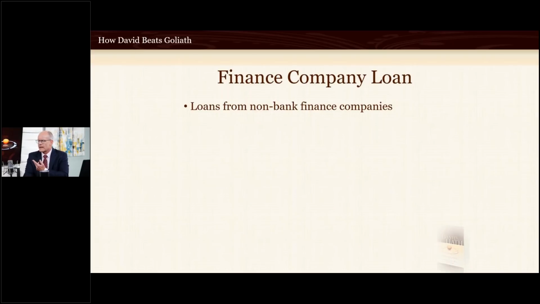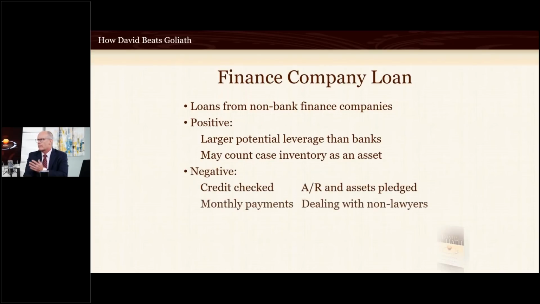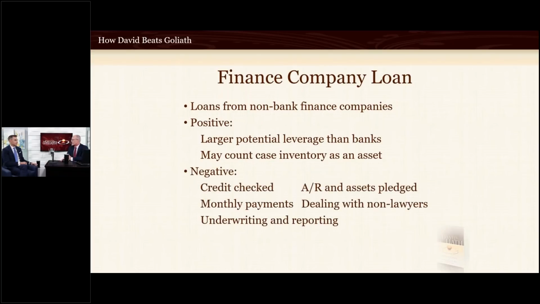All right, next would be finance company loans. As you and I know, there are capital constraints for contingent fee law firms generally. So, for example, I'm one of the owners of Advocate. If I want to grow my law firm even faster, I can go out and sell stock for growth capital, have investors that will share pro rata in profits and losses with the investment. But that's not available for law firms, right? Only a lawyer can own equity in a law firm. So that's one of the challenges lawyers face. They can't just go out and sell stock.